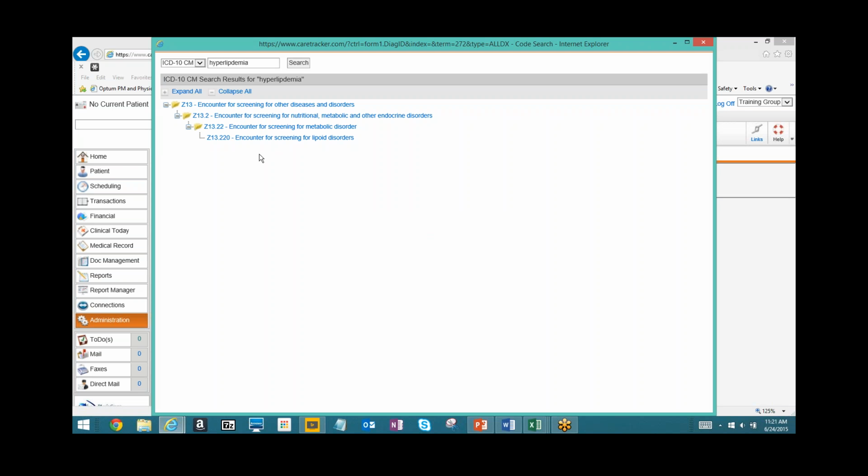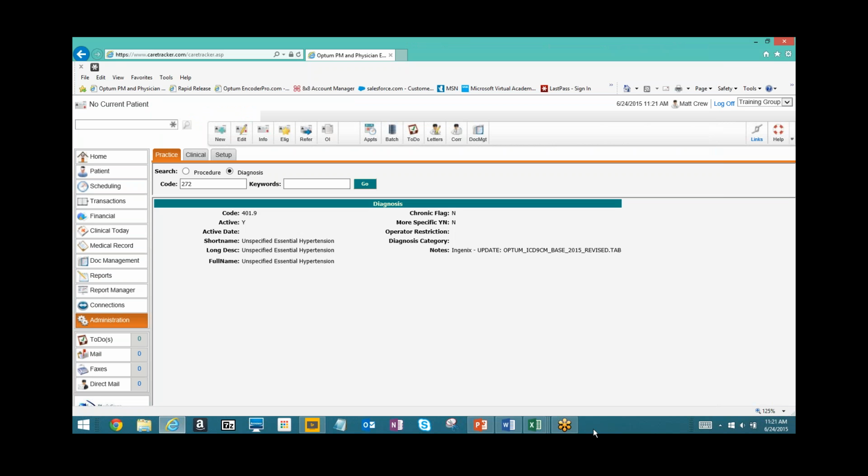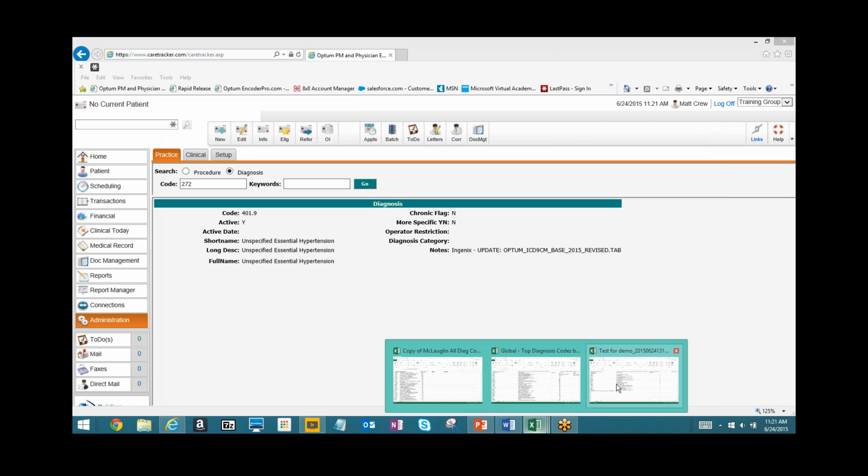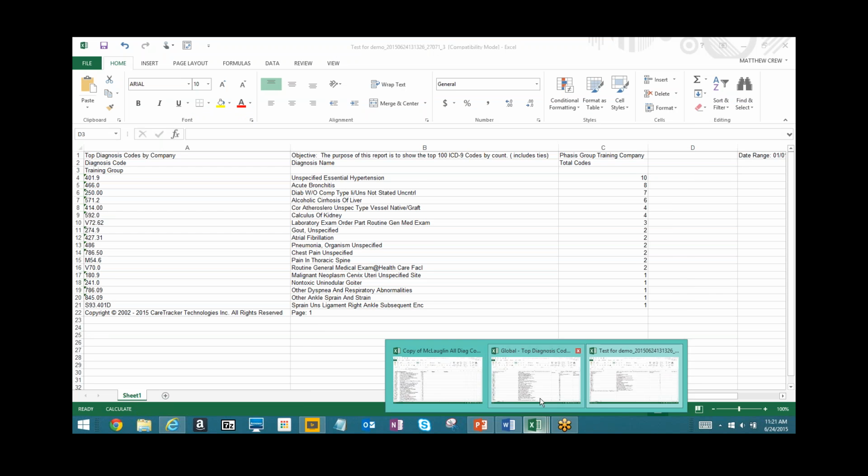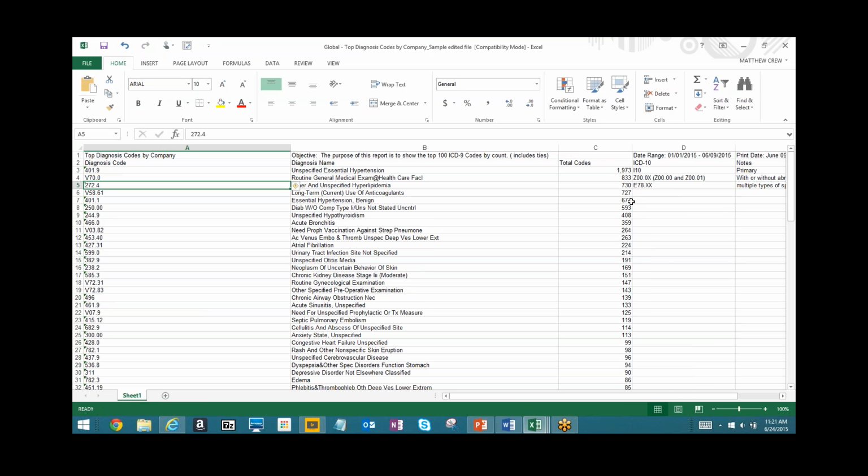At the end of the day, I might be deciding to put in Z13.220 along with several other choices. And so as you work with your providers and they're telling you, these are the 2 or 3 that I want, if you start listing those out, then when you've mapped a bunch of codes, you can start to look at strategically, do I want to list 10 codes out of what's possible, or do I want to select